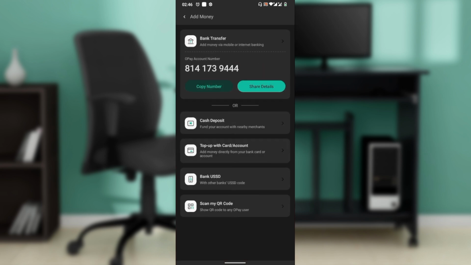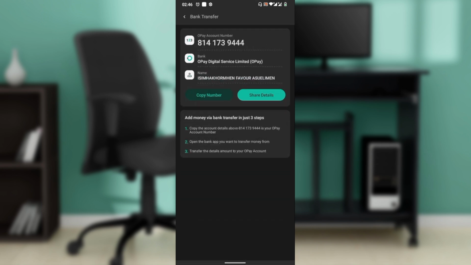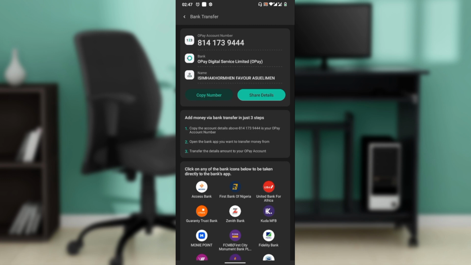You can also choose bank transfer. So just go ahead and click on bank transfer. Then select OPay digital services. So once you click on that,